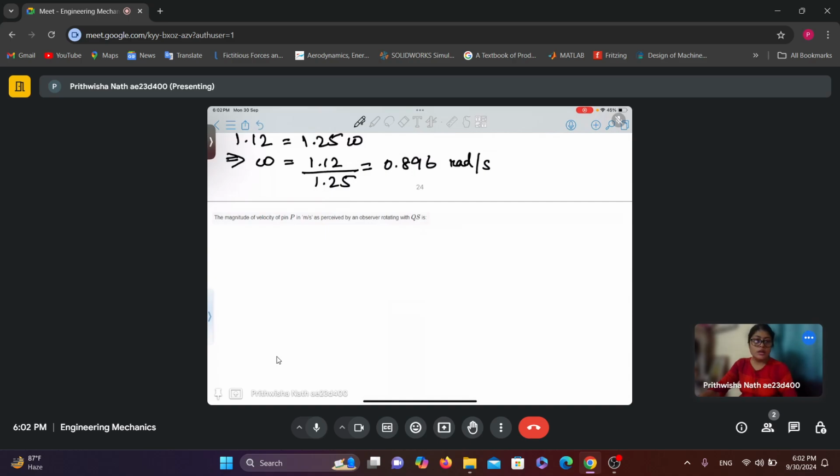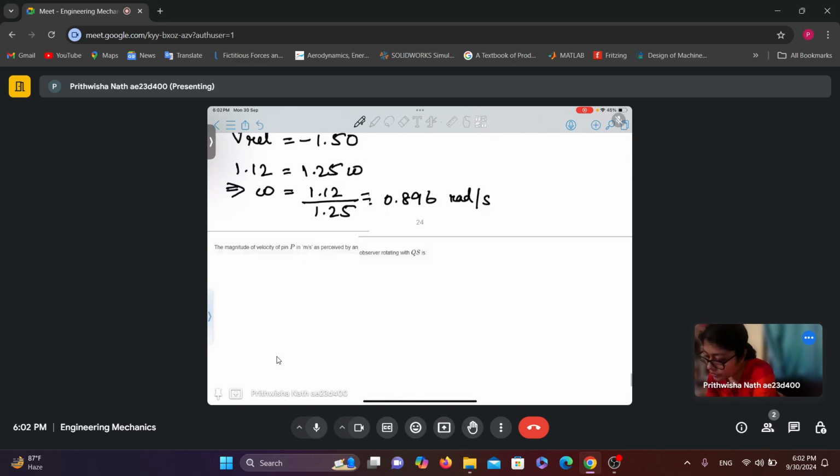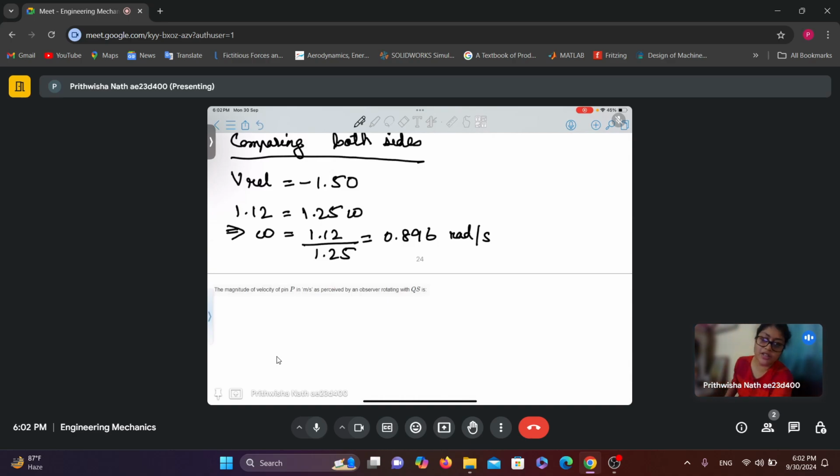So now the next part of the problem: the magnitude of velocity of pin P in meter per second as perceived by an observer rotating with QS. So this is nothing but V relative, which we already found out. So this is V rel, which is minus 1 point. So they have asked for the magnitude, so this will be